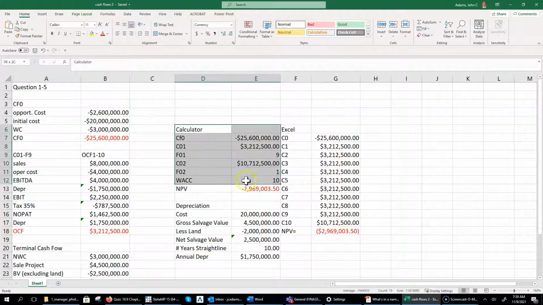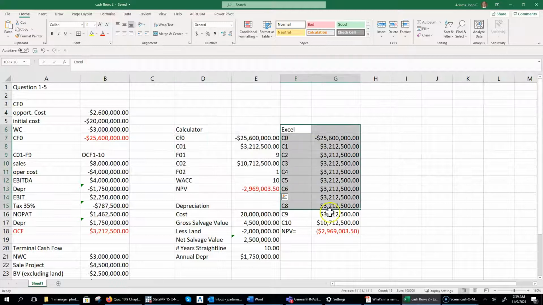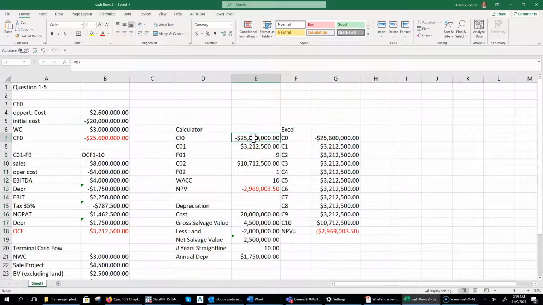So we can solve this a couple of different ways. We can use our financial calculator, or we can use Excel's NPV function to solve for this also. So either way is going to yield us the same answer. So just real quick, going through the financial calculator, we hit that CF button on our financial calculator, hit second, and clear work. The clear work's down the lower left-hand corner button of your calculator. After you do that, you should see CF0 equals 0 or something like that. Put in negative